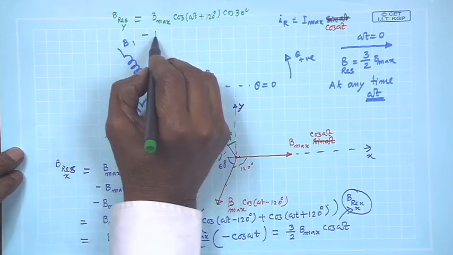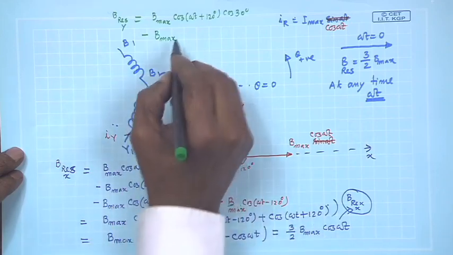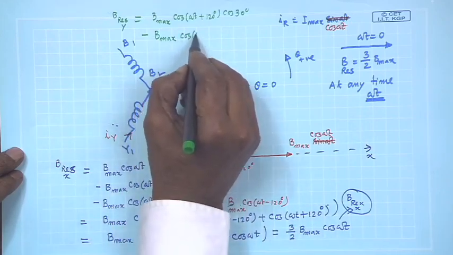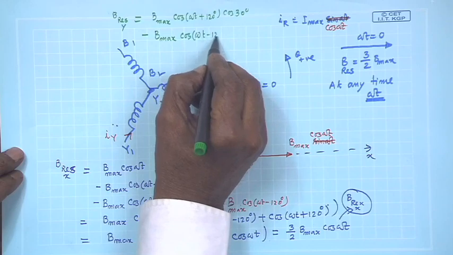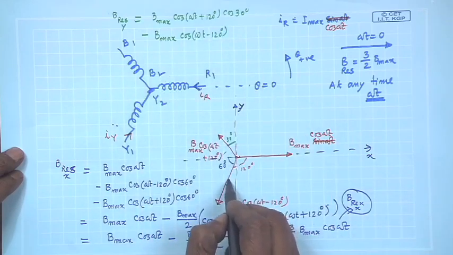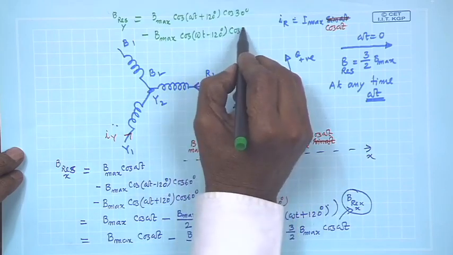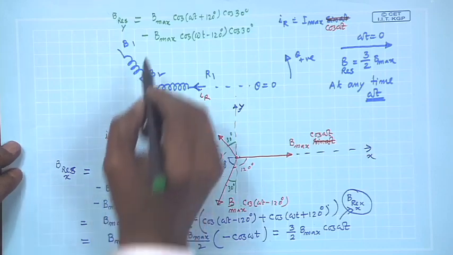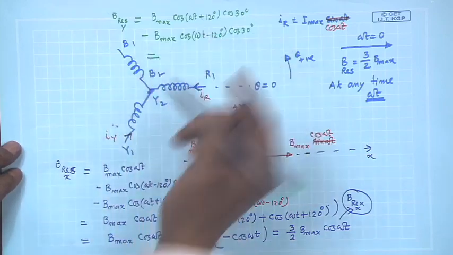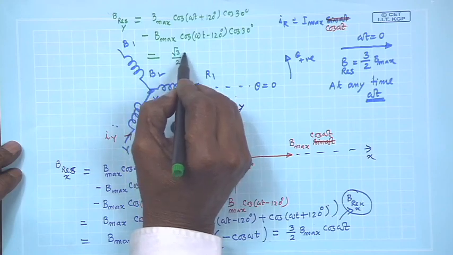So, minus B max cosine omega t minus 120 degree, and once again this angle is 30, cosine of 30, and cosine 30 is root 3 by 2. So, it is root 3 by 2 B max,